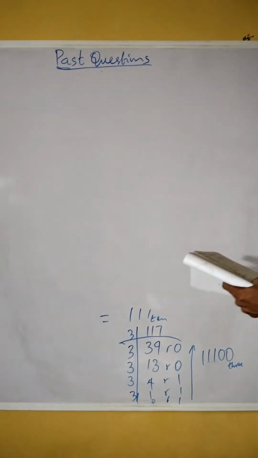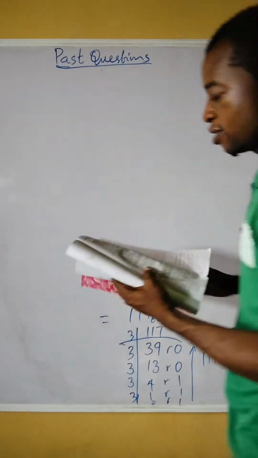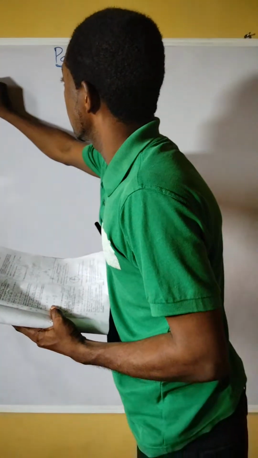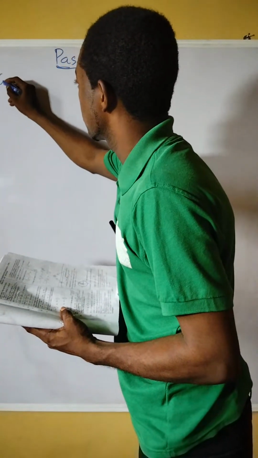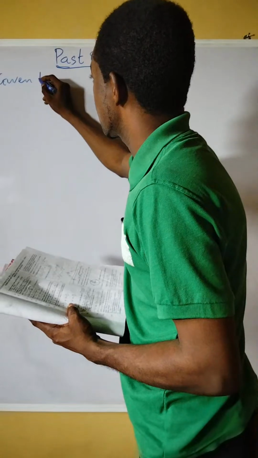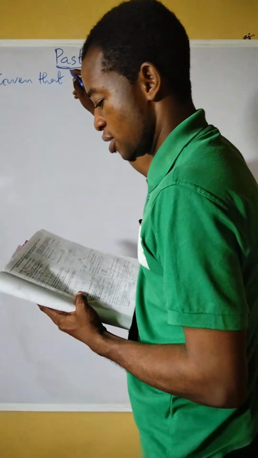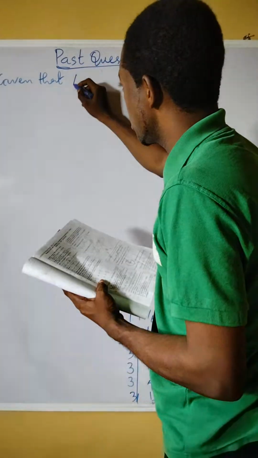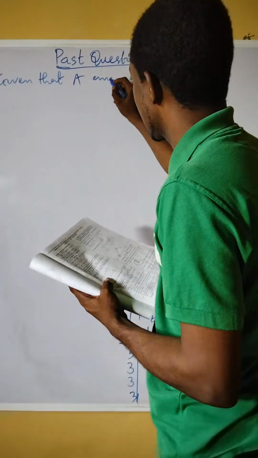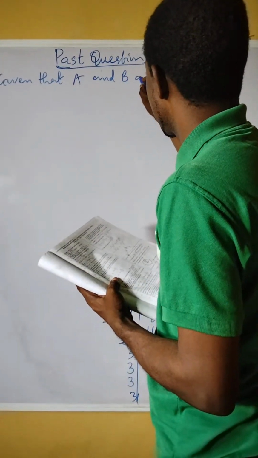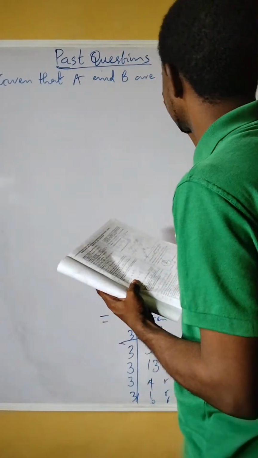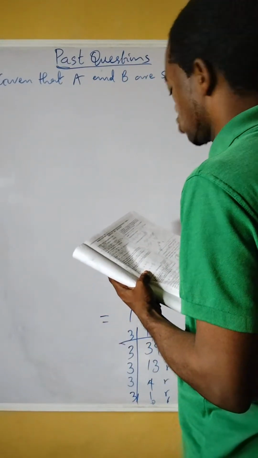We have number 3 question. It is given that A and B are sets such that